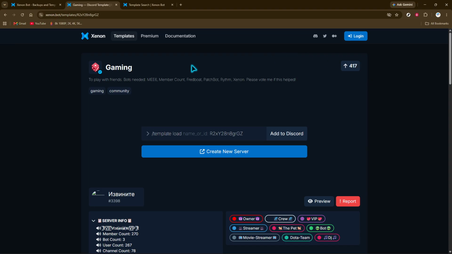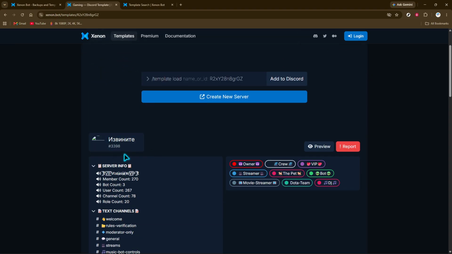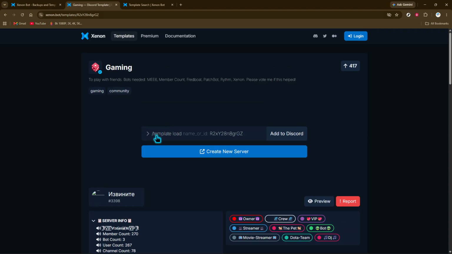Take your time here and choose a layout that fits the style and purpose of your server. When you find a template you want to use, open it and copy its template ID string. Be careful to copy the correct ID exactly as shown, since Xenon will use that code to load the matching layout. It's a good idea to keep that copied ID handy because you'll need to paste it into the next